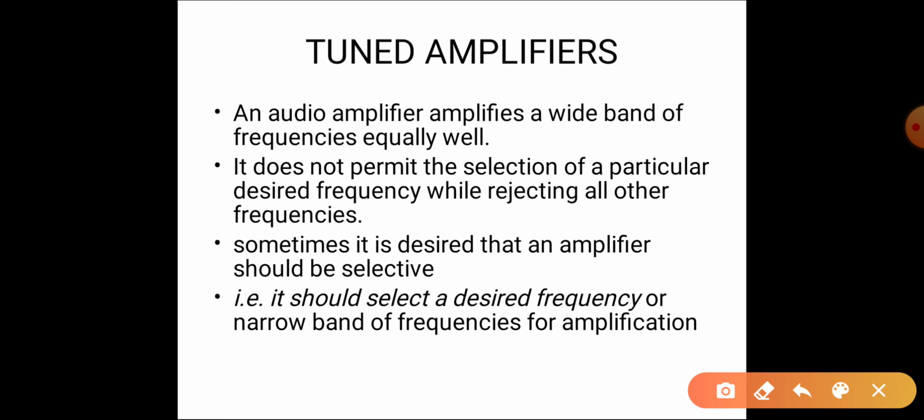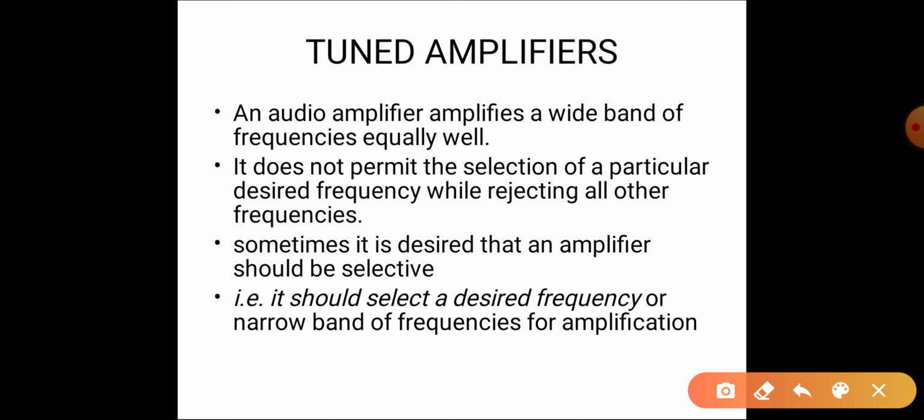How should you select which channel to hear? So this tuned amplifier helps you select a particular channel and only amplify that channel or that frequency, and you can hear that channel while rejecting all other channels.